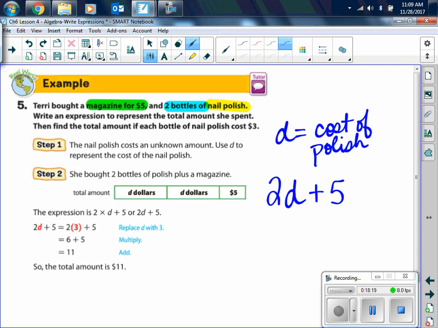So here is my expression, and now we want to know what the total cost is if D equals $3. So now on this point, we are going to substitute 3 in for D. Is everybody with me? So here we've got 2 times 3 plus 5. And now you can use your order of operations to simplify. So here, 2 times 3 is 6, plus 5 is 11,